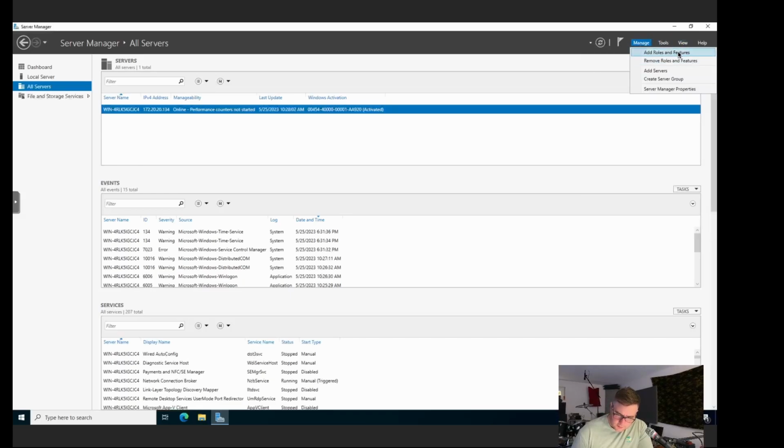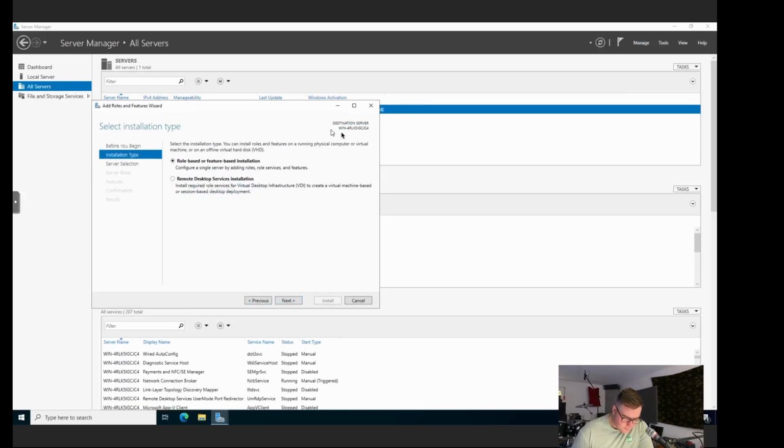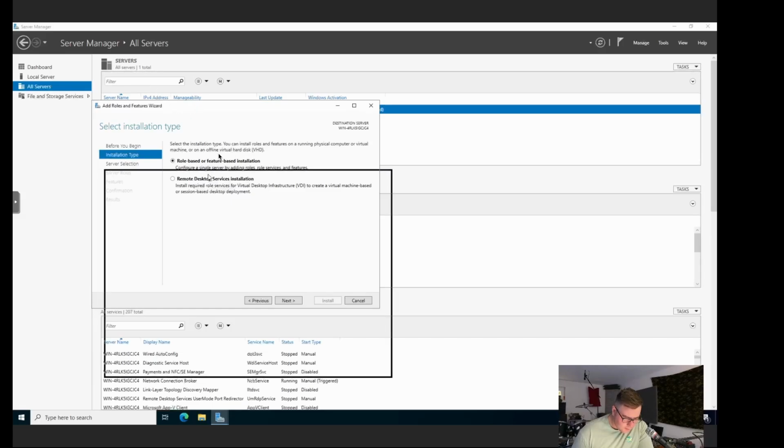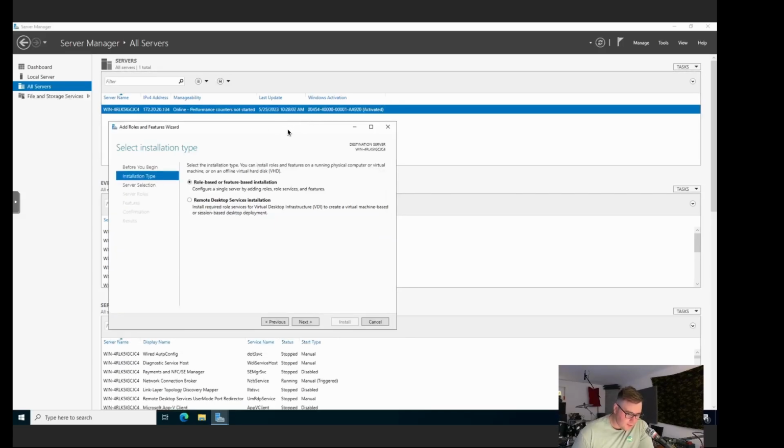So we want to add roles and features. Start the remove roles. We don't want to remove anything. So next. Destination server, that is indeed the one we're on, because there's no other ones on the network anyway. But okay, cool. So that's the IP address that we were assigned by DHCP right there. We might just stick with that one. I have had times where when I assigned an IP address, another device tried to take that IP address, and a lot of network confusion happened. But anyway,